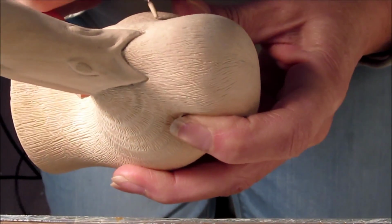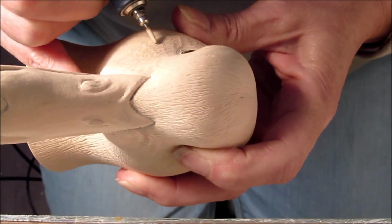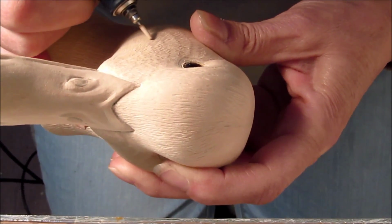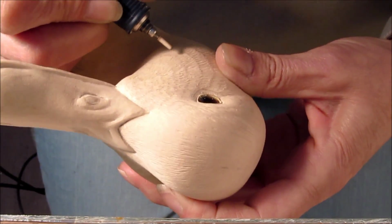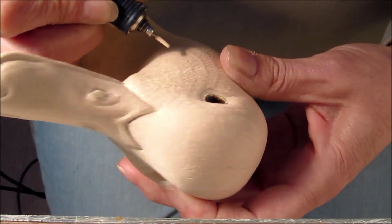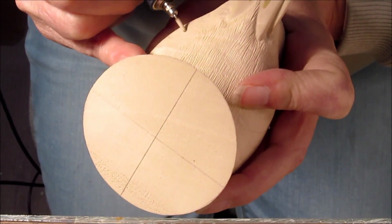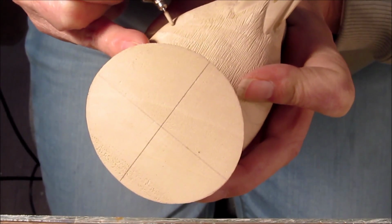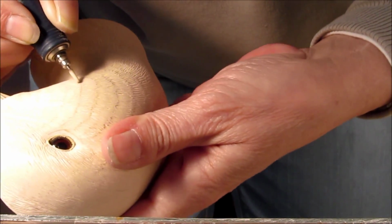Then there's areas that are more difficult to see, and I'm hoping that I've made enough camera adjustments to facilitate seeing this detail. I know it's very hard to see in the video at times. Sometimes I even have to kind of pull away from the camera to get the light right. See, I'm pushing here because the bill's in the way. Or the bottom of the neck is in the way, so